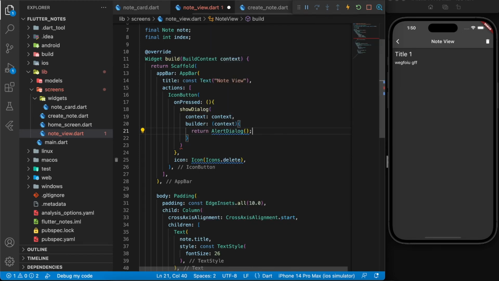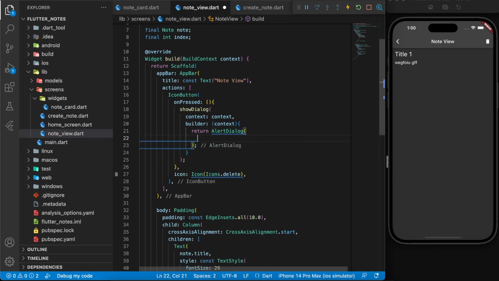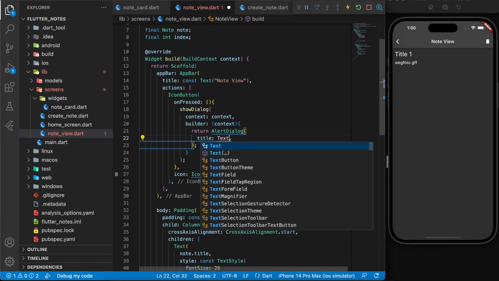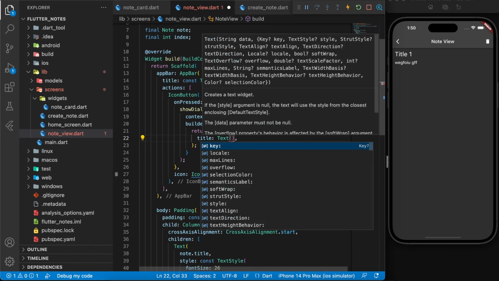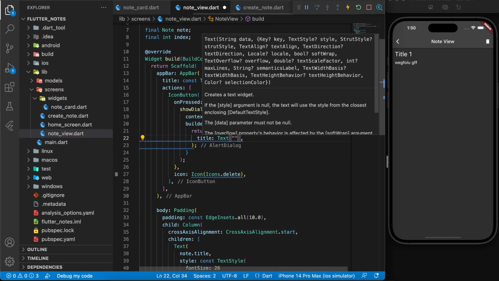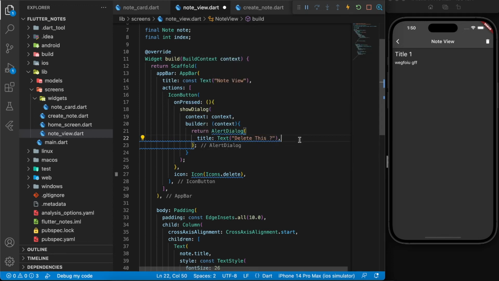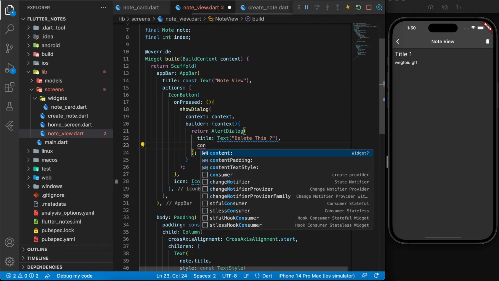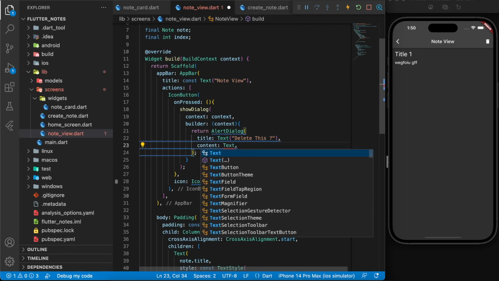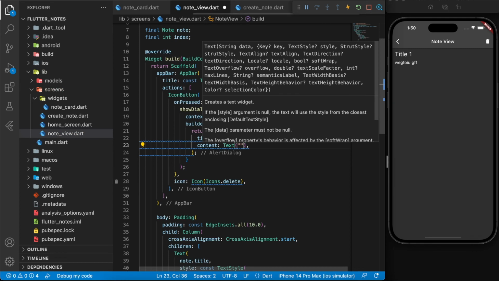Let's put a semicolon just to make it happy. Okay, and the alert dialog has some properties. So the very first one is the title itself, and the title is a widget, so we're passing a text widget there. We'll say delete this and ask a question mark, and then we're going to have some content, once again another text widget, and then we're going to say note